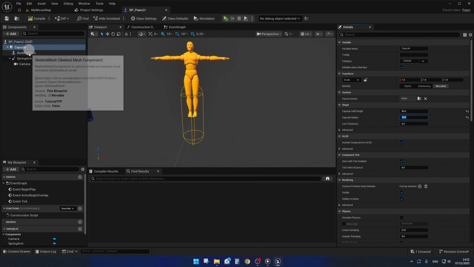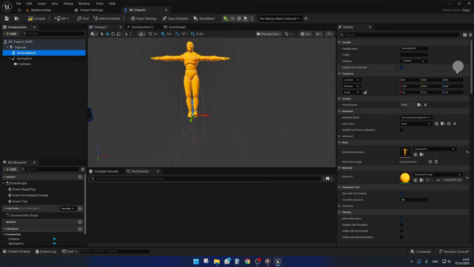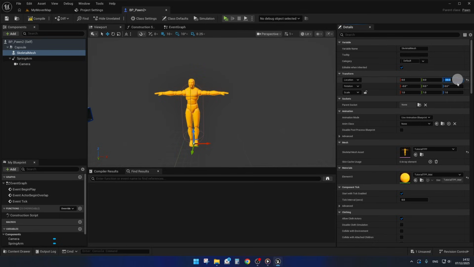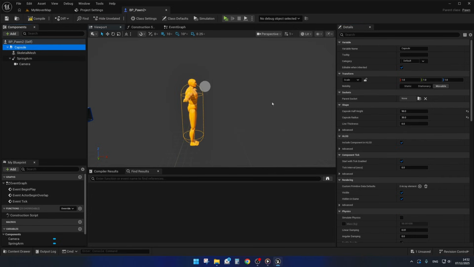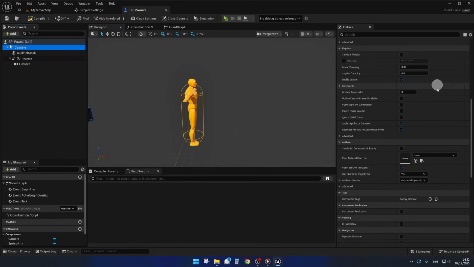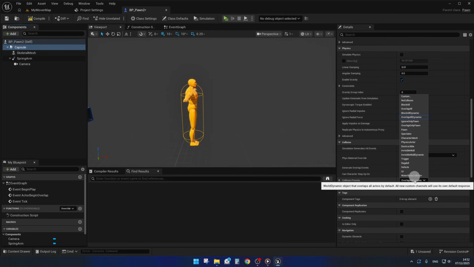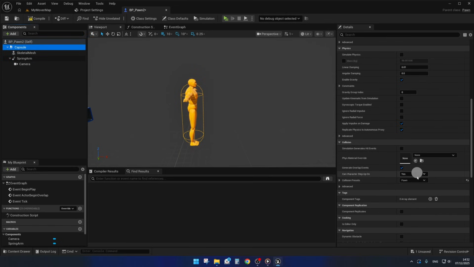And we need to move the mesh down. You know, the usual stuff, nothing really new here. Rotate it. And the capsule, we need to check the collision presets and make it pawn. Okay. And last thing in the